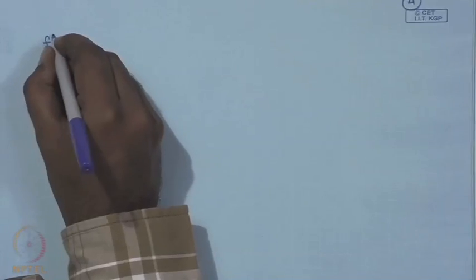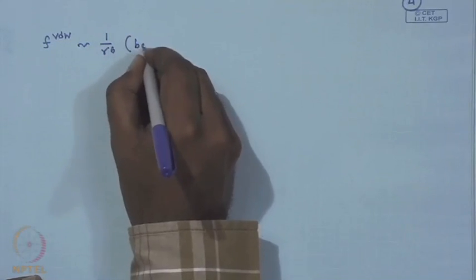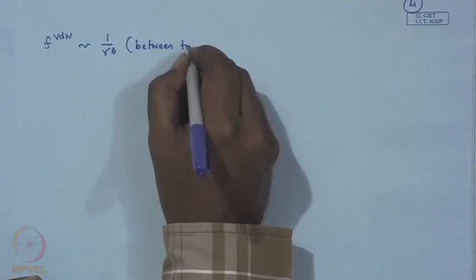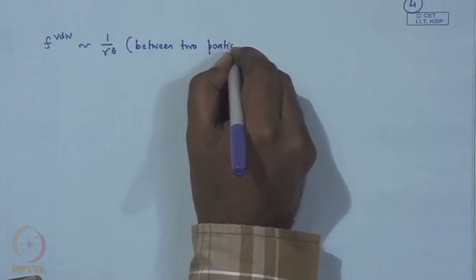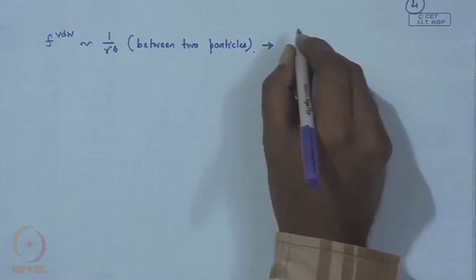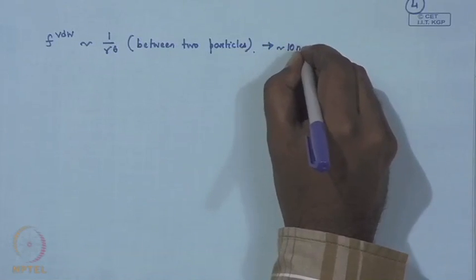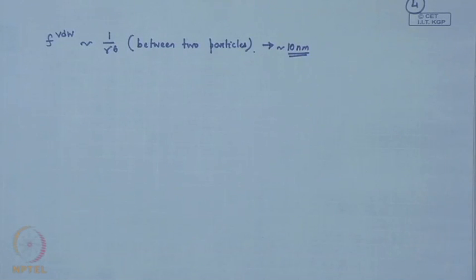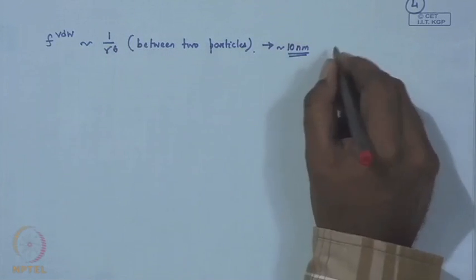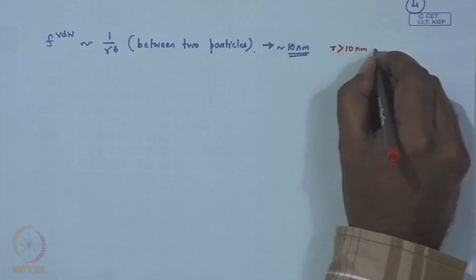So, for our understanding, it is important to note that the van der Waals force between two particles has a scaling of 1 by r to the power 6. For the time being, believe me that this interaction stretches to roughly around 10 nanometers, definitely not beyond 10 nanometers, where it becomes very small. So, for r greater than 10 nanometers, V